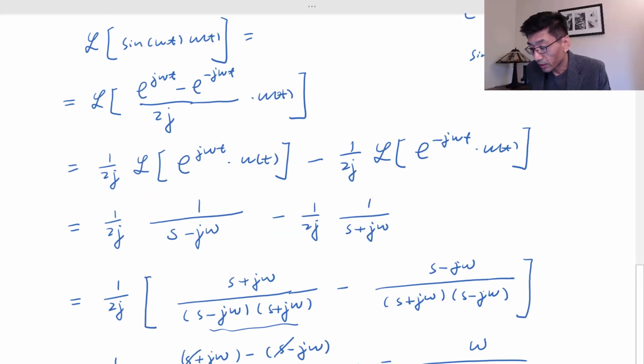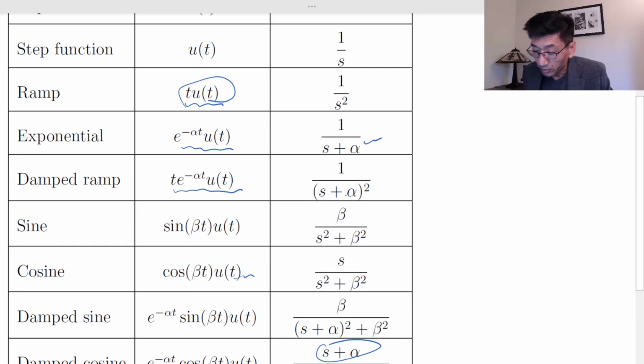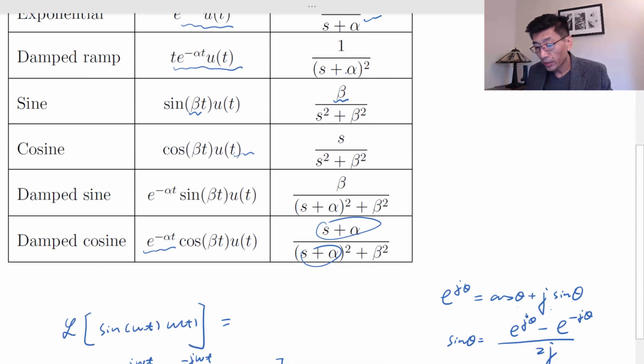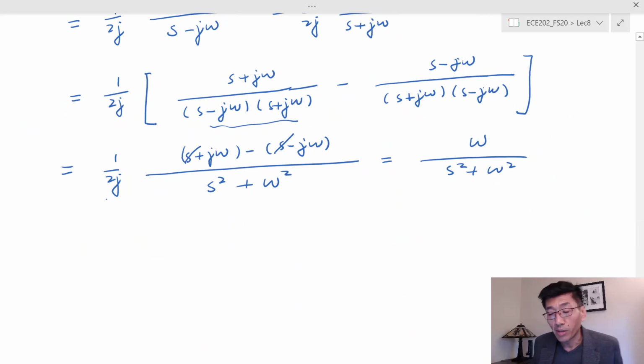Let's see, compare this with the table. Yes, so the table uses beta. So this is correct, right? So let's see. Alternatively, I could use the differentiation property. So this is method 1, right? The method number 2